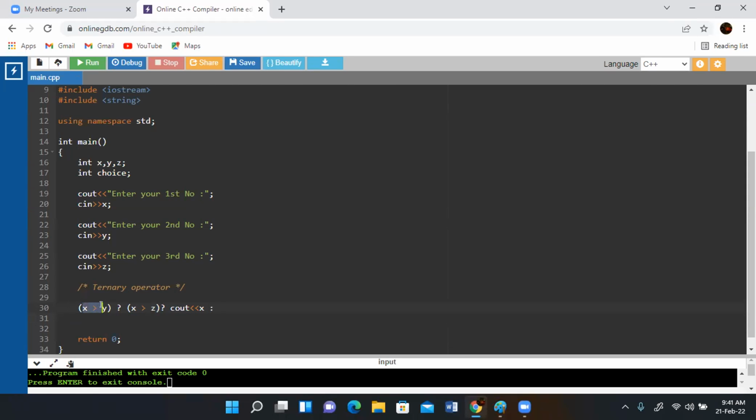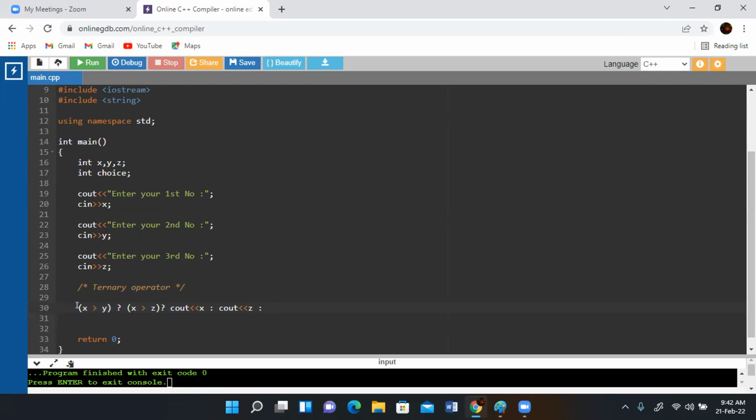अच्छा पहला कंडीशन तो ट्रू ही अभी भी, x is greater than y, but if x is not greater than z, उसका मतलब क्या हो, z is greater than x and x is already greater than y, देखा है हमने, तो I'll print yes, I'll print z. ये ट्रू पार्ट हो गया, ये वाला टर्नरी ऑपरेटर का ट्रू पार्ट हो गया।